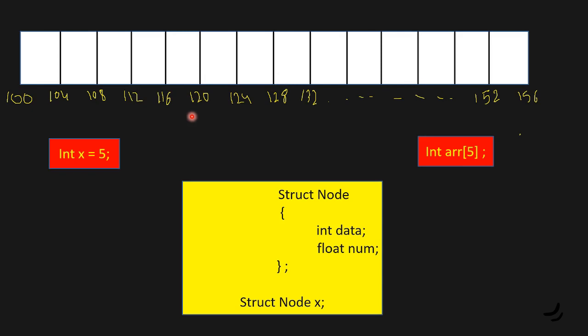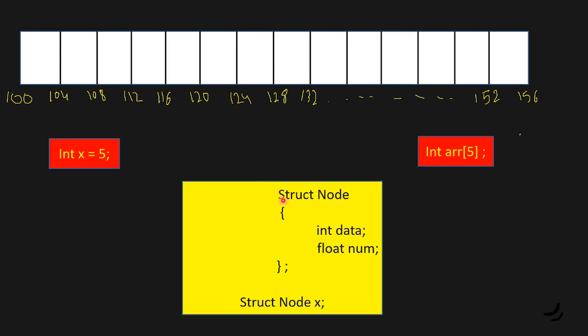This will not happen like that. Say the first block is here, then second is here, third is here, fourth is here. No, this kind of memory allocation is not there inside the array. So inside the array, the memory allocation happens in a contiguous manner. Okay, so I hope you have understood this also. Now let's see the memory allocation for the structure.